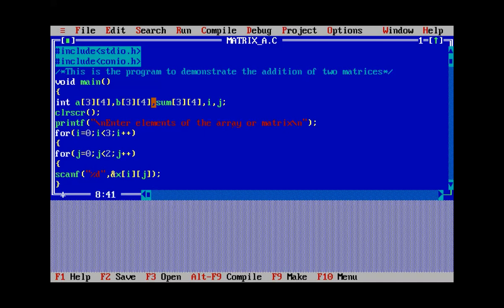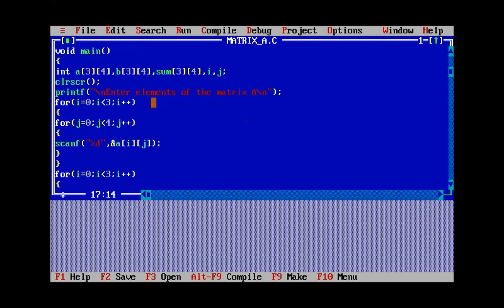Enter elements of the matrix. So we will be using less than 3, less than 4, ampersand A. So this will be the code for the first matrix.